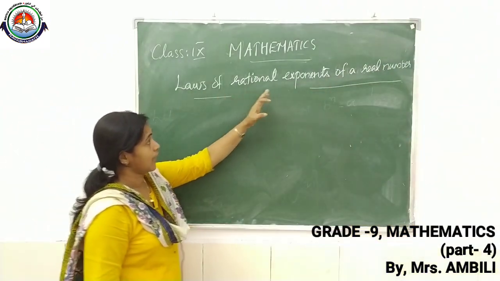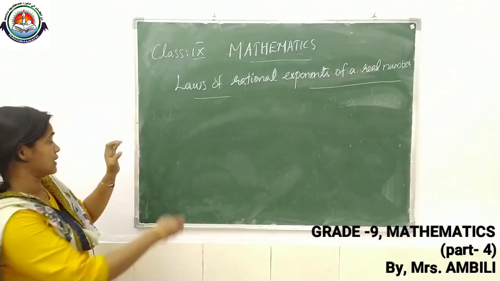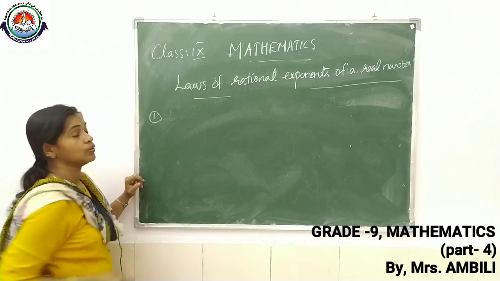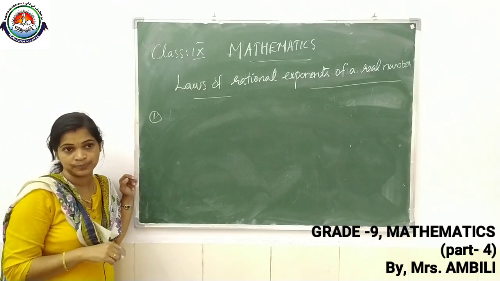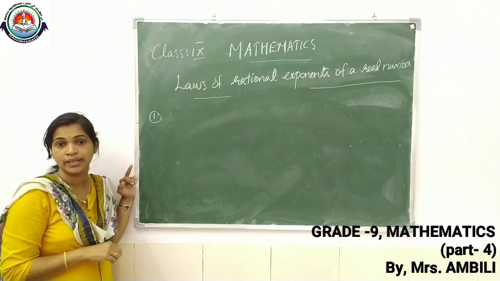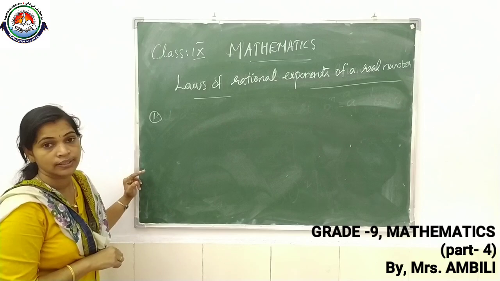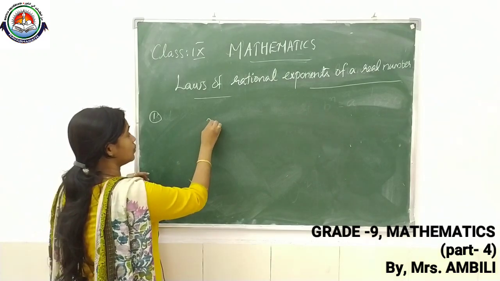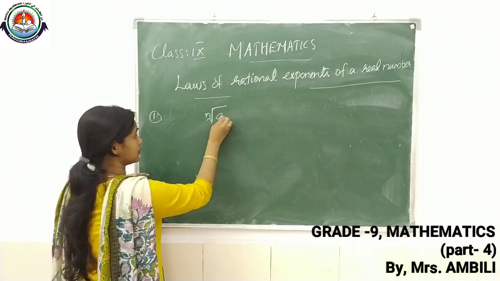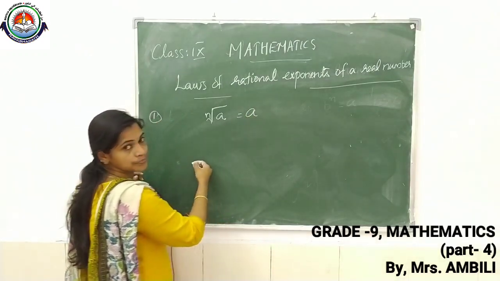So, in laws of rational exponents of a real number, first we are going to discuss the first one. In the last class we discussed the nth root of a. Let a greater than 0 be a real number and n is a positive integer, then we can write nth root of a equal to a raised to